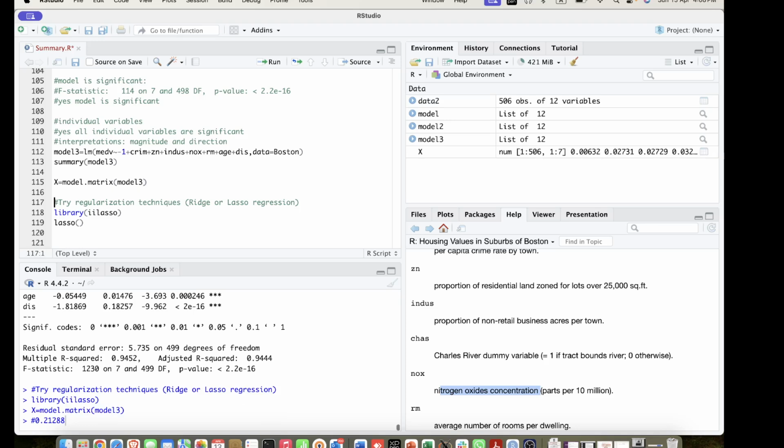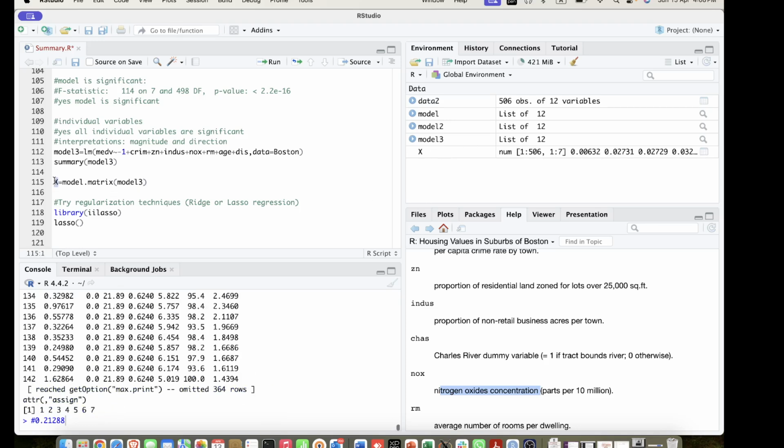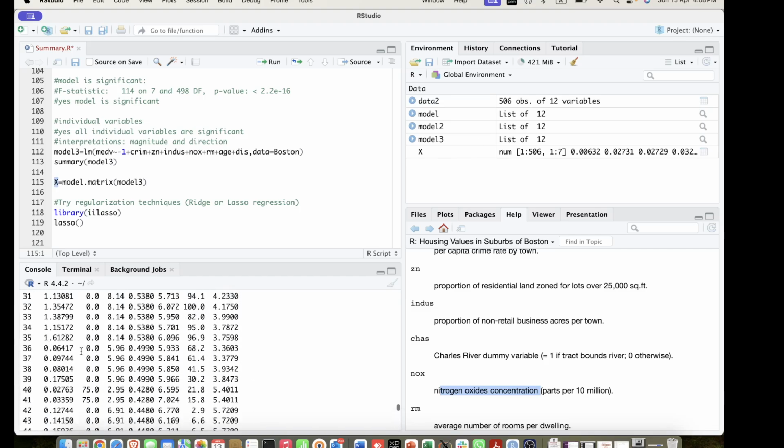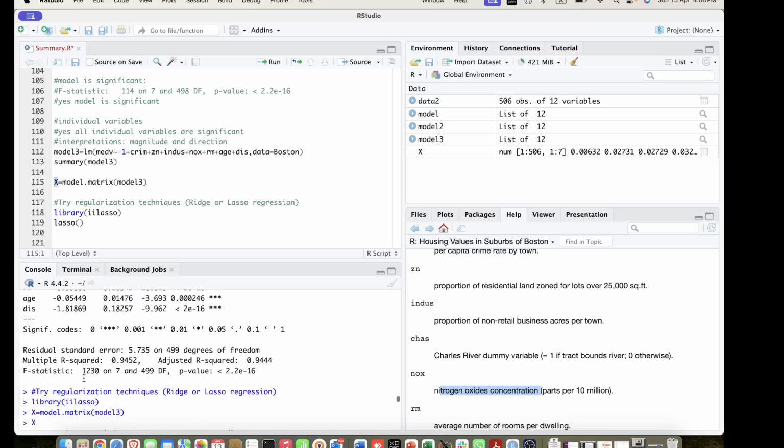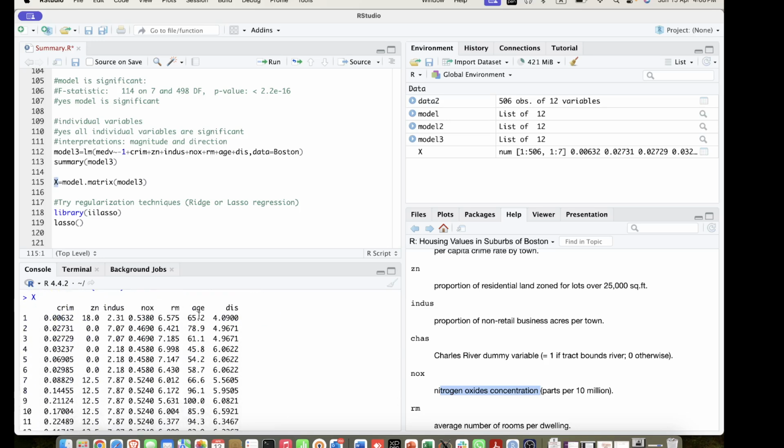of this thing. Okay, so then X will have these six variables, that is without the intercept, and then we'll have to see how this